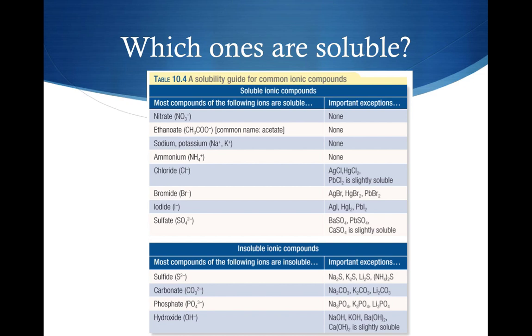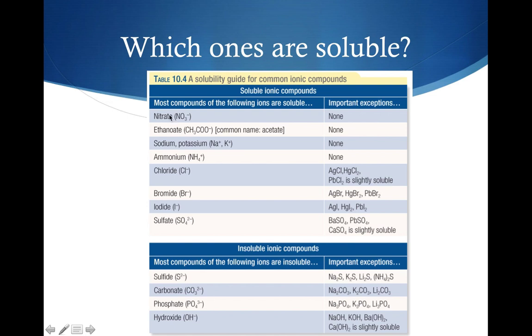Unit 2 Chemistry, Chapter 13, Part 3. So looking at ionic substances and which ones dissolve and which ones don't. Not all ionic substances will dissolve, but all of them which have got these ions in also will.